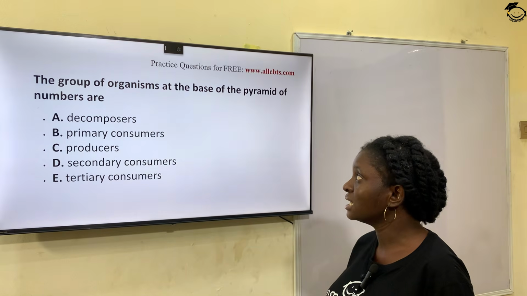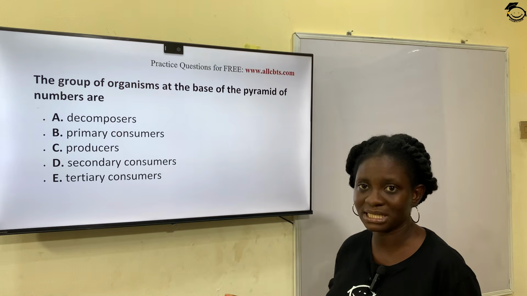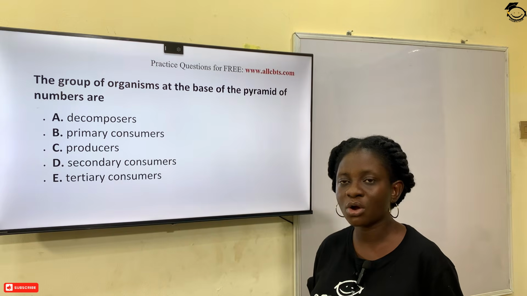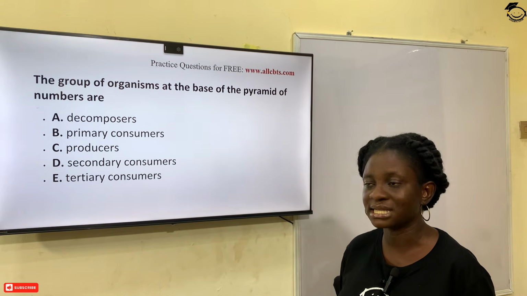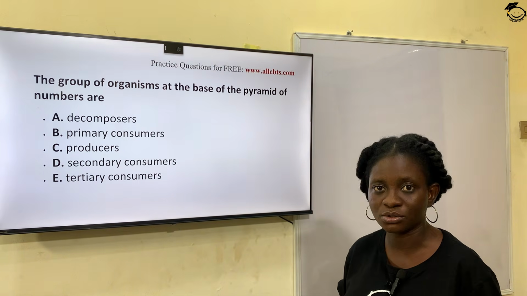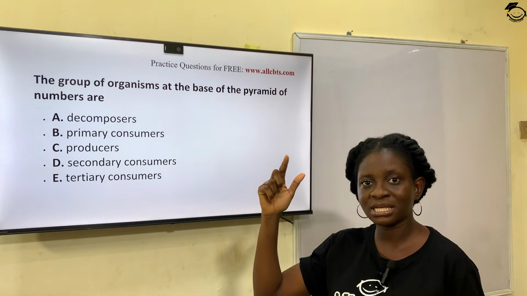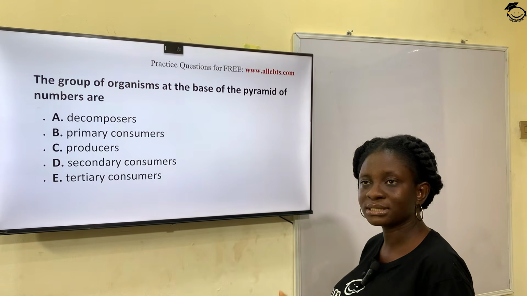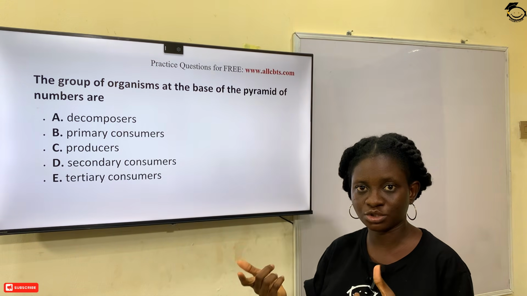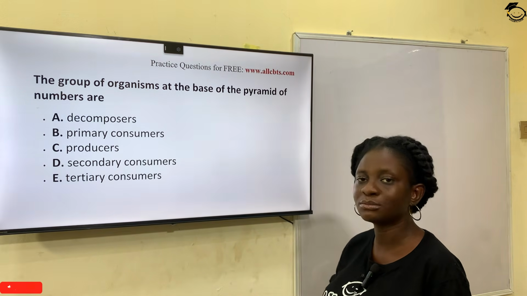Next question. The group of organisms at the base of the pyramid of numbers are A, decomposers, B, primary consumers, C, producers, D, secondary consumers, E, tertiary consumers. When you look at the pyramid, at the base is the producer, where other organisms depend on the autotrophs. So they are mainly the producers. So the correct answer is producers,